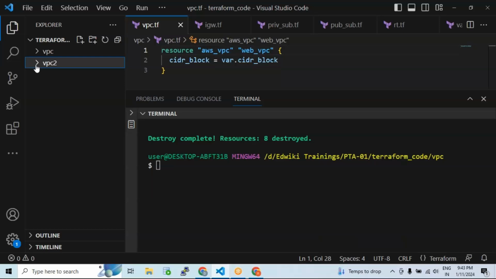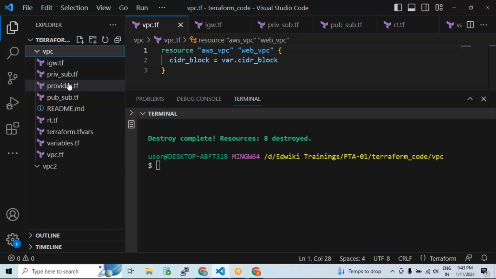Now, the problem that I see here, right? When I wanted to start writing the code for VPC2, what I need to do, guys? Same struggle I need to do, right? I need to create a vpc.tf, variable.tf, rt.tf, public subnet, private subnet, internet gateway, everything. Whatever I did for the VPC project, the same thing now I need to repeat for my VPC2 project as well, correct? That is where the code is getting duplicated